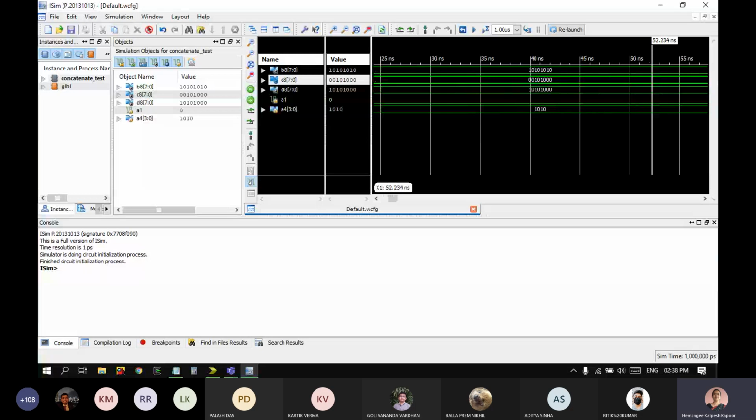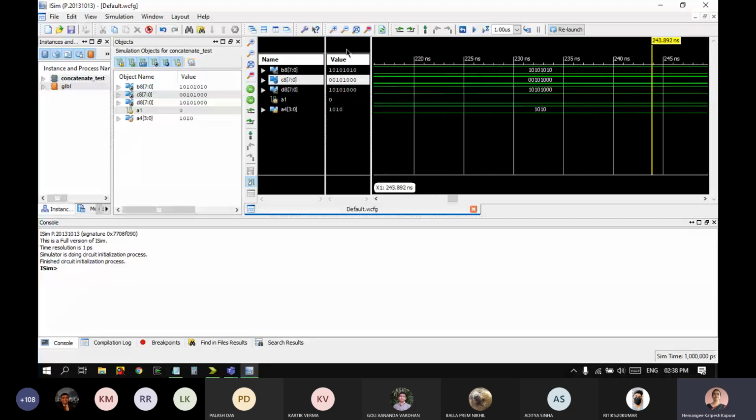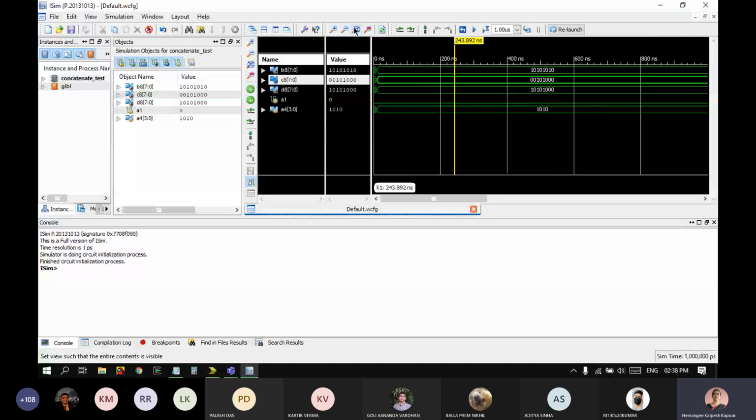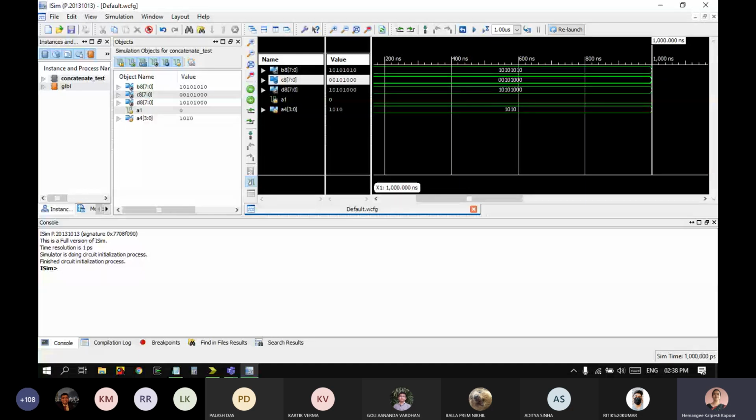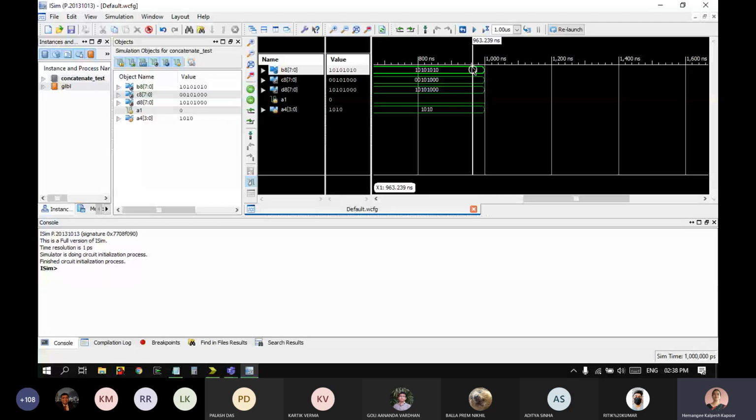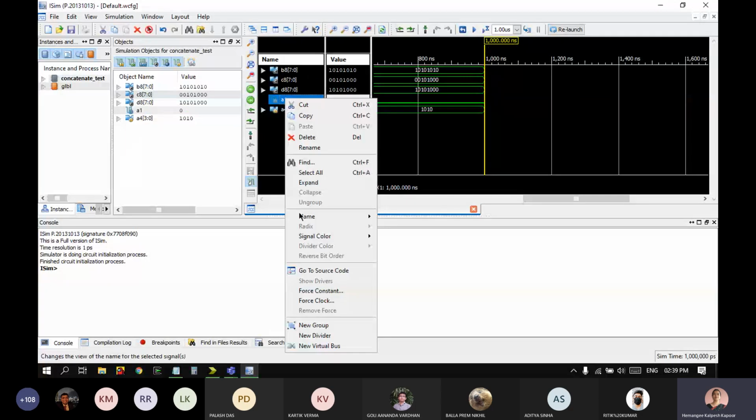Suppose now the simulator has run up to 1000 nanoseconds and stopped, and I want to change the input at this instant. Let us see by giving it here. Click on this, this is my input. Right click, with the yellow line here indicating the time, and say force constant.